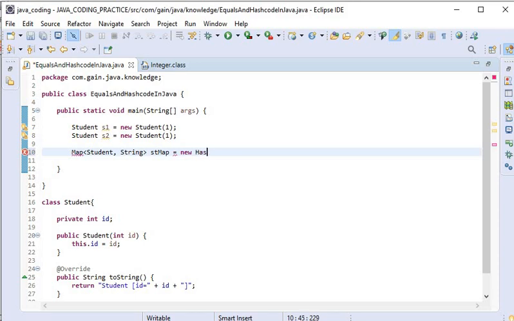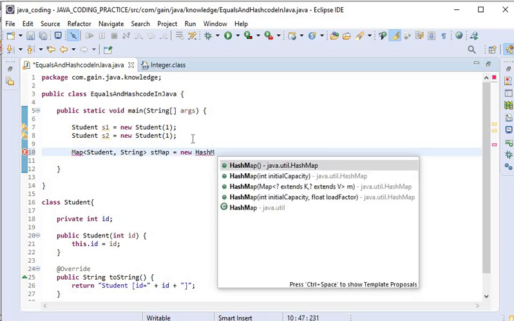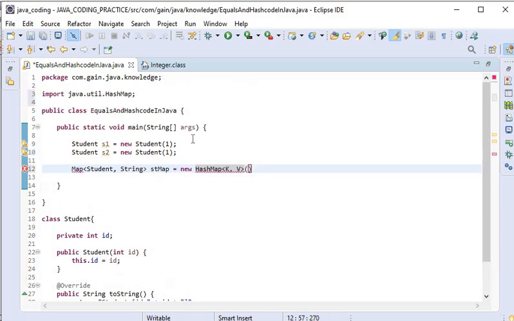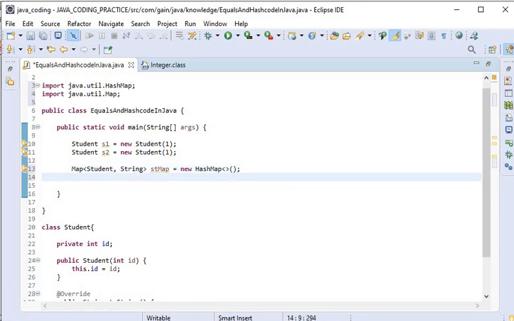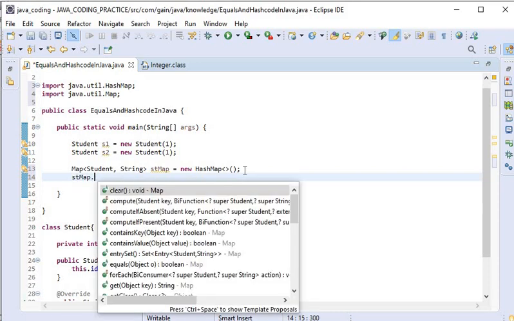New HashMap, and here I will add both objects, student s1 and student s2, into the student map using the put function.